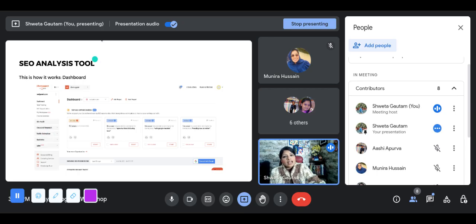Traffic estimation, again, this is for you to check other websites' traffic. Okay, like how much traffic they are getting, this is for that. Backlinks, to see how many backlinks you're getting. What are backlinks? Backlinks are basically links that you get from other websites. Okay. For example,